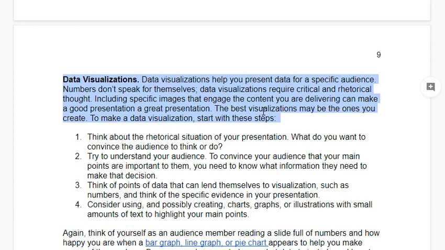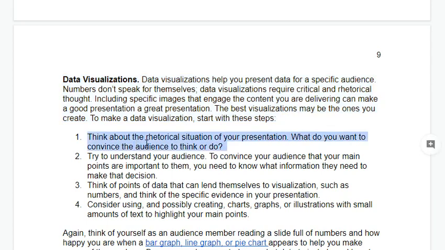To make a data visualization, start with these steps. Number 1, think about the rhetorical situation of your presentation. What do you want to convince the audience to think or do? Number 2, try to understand your audience. To convince your audience that your main points are important to them, you need to know what information they need